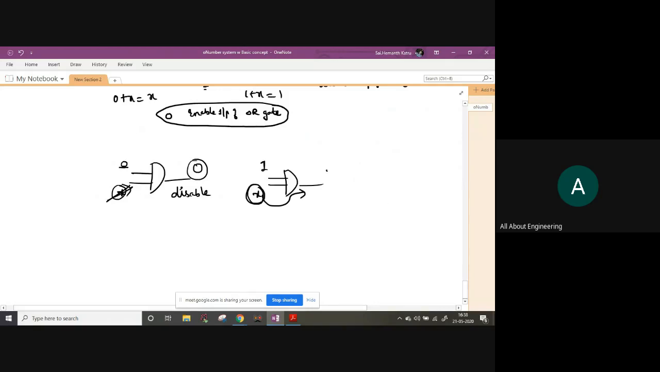So depending on the value of x, if it is 0, then the output is 0. If it is 1, then the output is 1. So depending on the other input, the output of the gate gets accessed. So it is called enable input. So for OR gate,